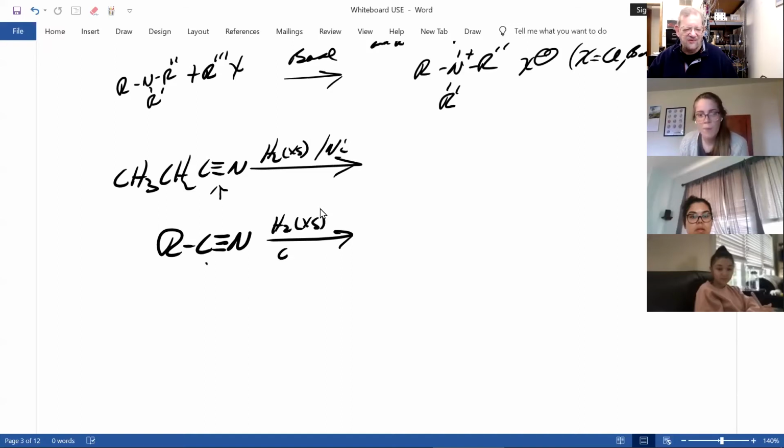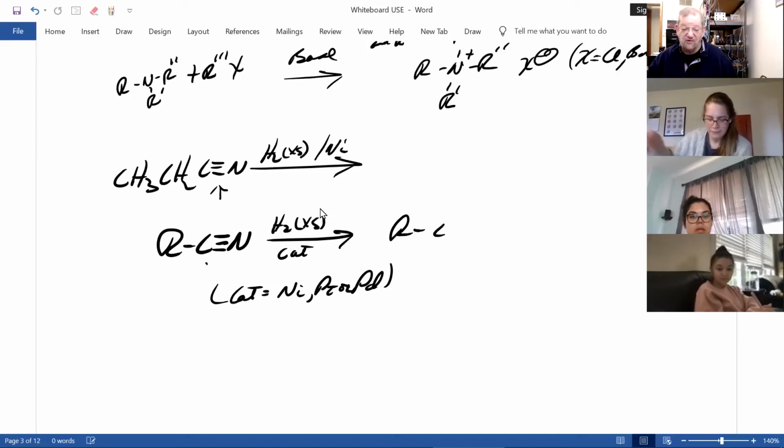And nickel is a catalyst. Remember, the catalyst can be nickel, platinum, or palladium. And you break the pi bonds, 2 of them, and each atom of the carbon-nitrogen triple bond gets 2 hydrogens. And notice here, this is a primary amine,